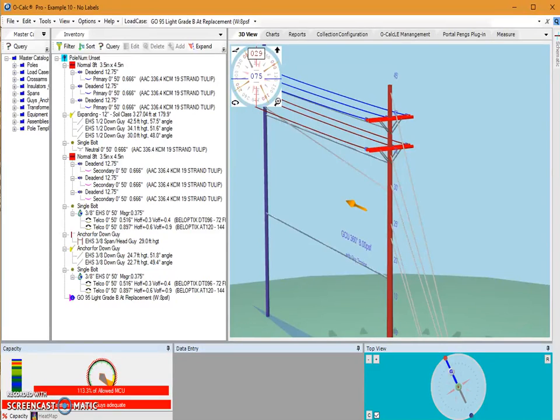In this video, I'm going to review step 2 of the clearance analysis process in O-Calc Pro. In our previous video, the step 1 video, I went through how to go about creating clearance groups and the associated rules and violations. This video is a brief overview of how to go about step 2, which is going to be assigning those